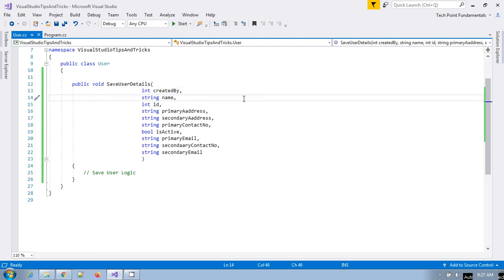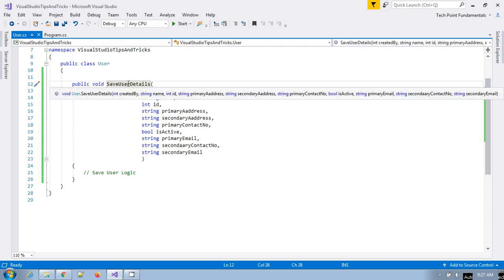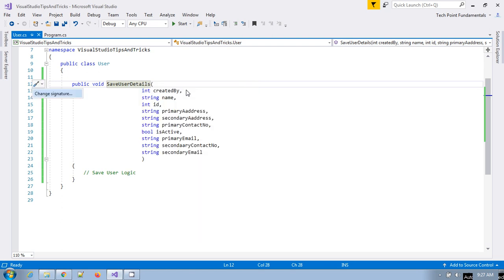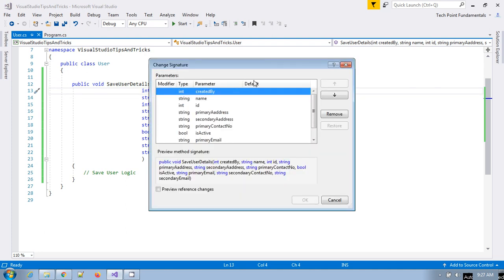So what you have to do, just click on this method, right click, you see the first option, Quick Actions and Refactorings. Just click on that. It will show this Change Signature, and you have to just click on that.